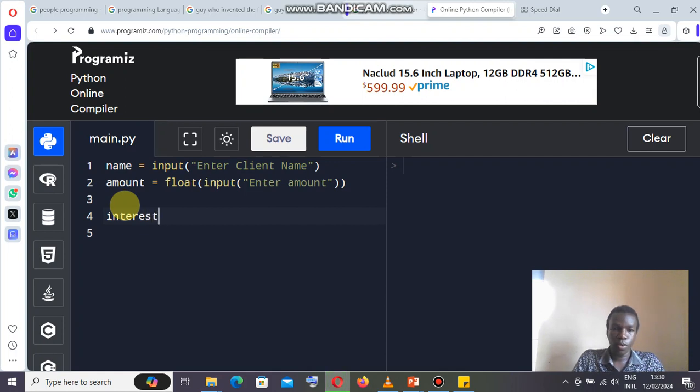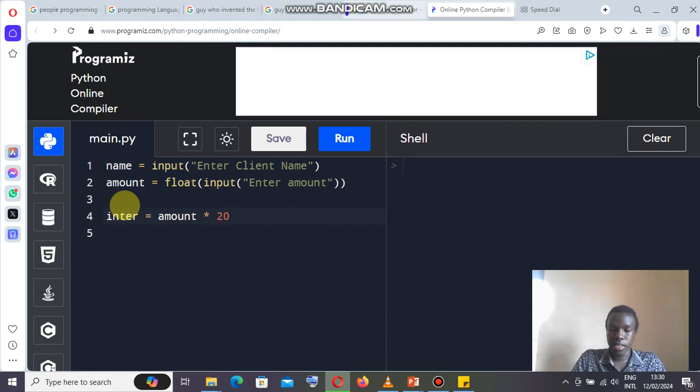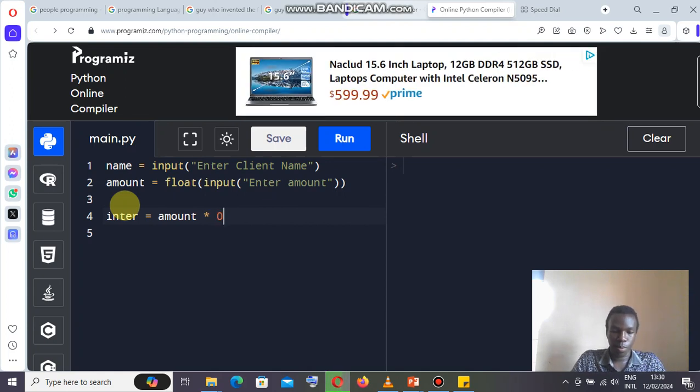Interest will equal to amount times 20%. Let us take an interest of 20%. I'm going to use 0.2. So amount, this one is already float, so times the float.